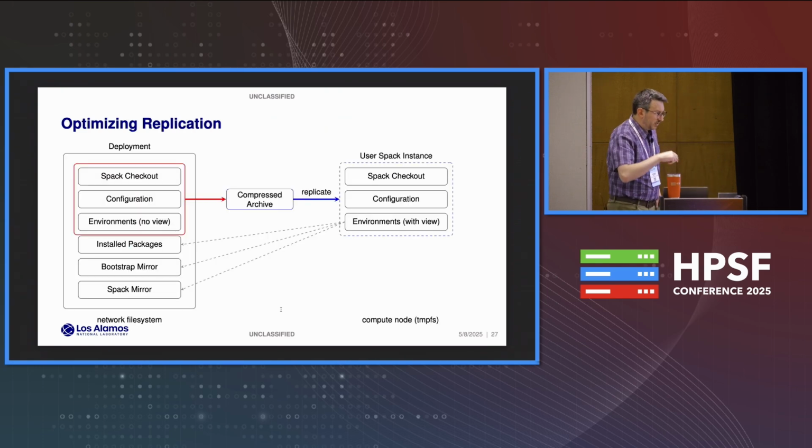Okay, so as an additional optimization, we've heard a lot about inodes. Typically those user or CI Spack instances live in a tmpfs. So it's like 20 to 30,000 files with Spack and the configuration files. But we still don't want to transfer that over NFS or some other parallel file system. We don't want to transfer so many files, so we compress it using a squashfs, and then the copies themselves are created from this one file that is transferred over the network and then decompressed into the tmpfs of the